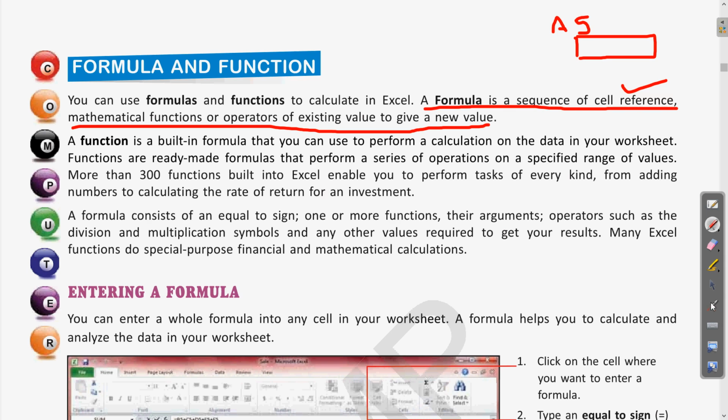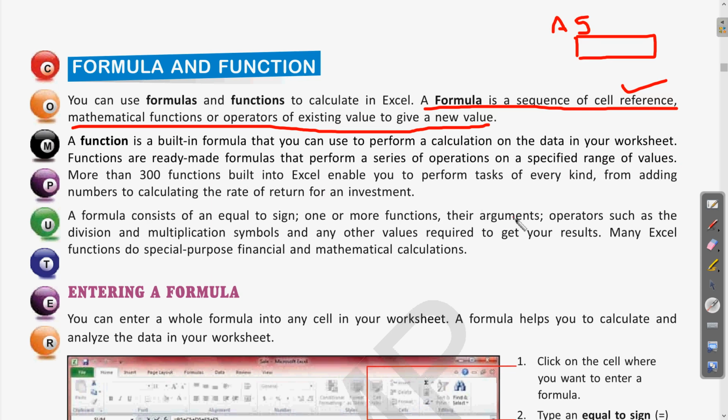Now a function. We have seen what a formula is. A formula is actually a sequence of cell references where different mathematical functions are used. Next is the function. A function is a built-in formula that you can use to perform a calculation on the data in your worksheet.